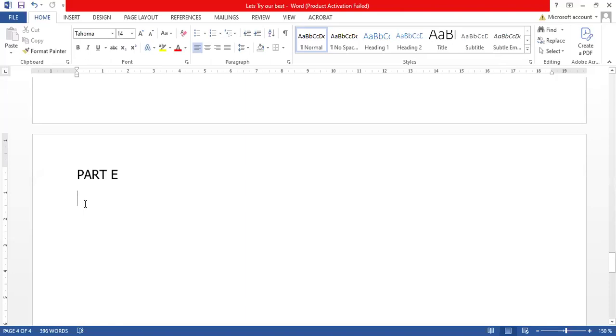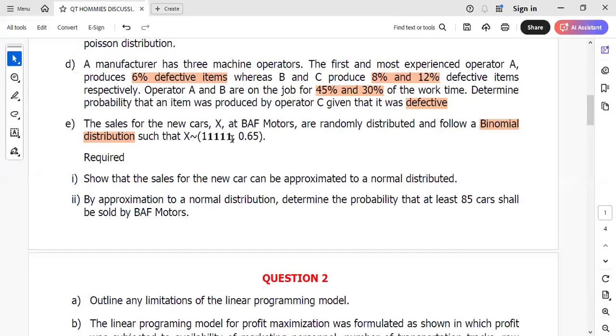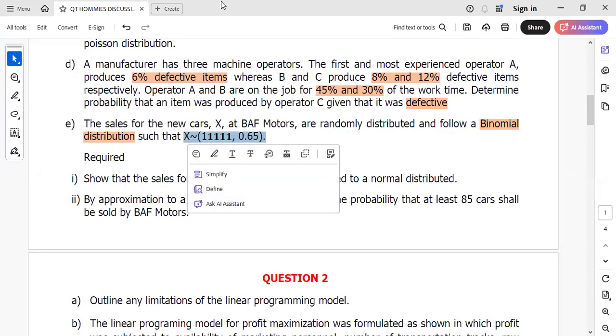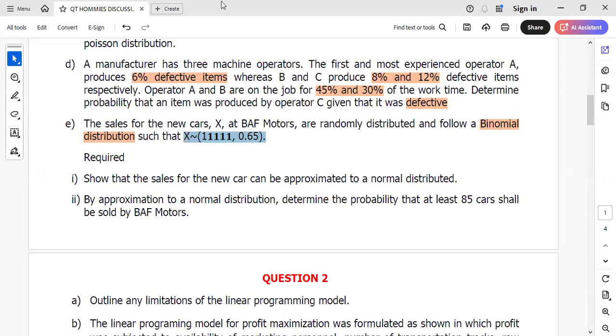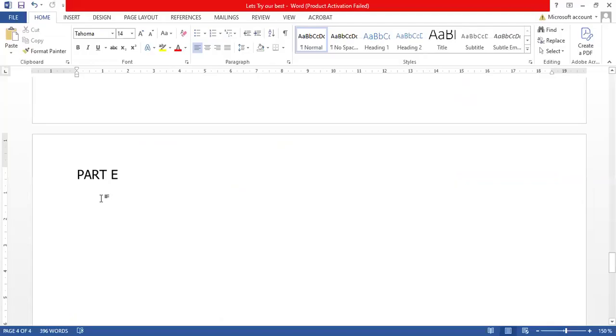So here, if you're given your data in this form, remember, this is binomial. With binomial,